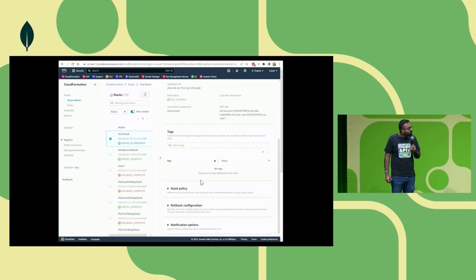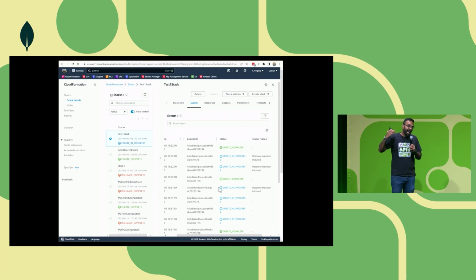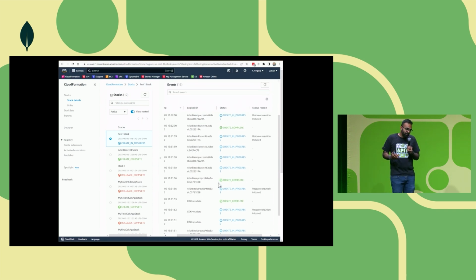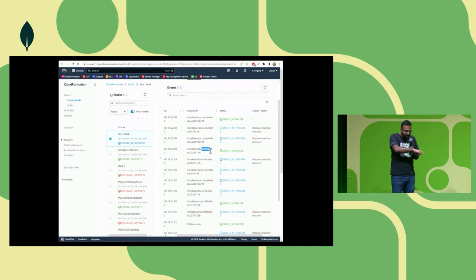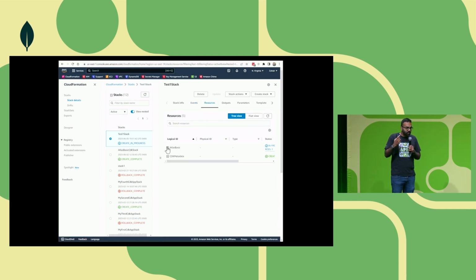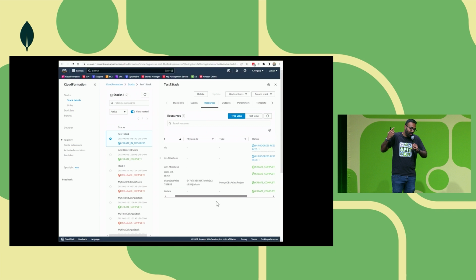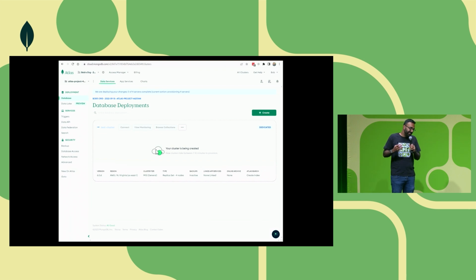And by going into the CloudFormation stack, we can actually see our events history of what is happening from our terminal command that we deployed. So remember those 4 resources? You'll see that those are actually being deployed or have been deployed right now. So you'll see the project, the IP access list, and the database user. By going into our resources tab, you'll see that the only one remaining is that Atlas cluster. The other 3 have been successfully deployed, which is awesome and really great to see. Just keep in mind that when deploying new Atlas clusters, we typically guide for like 7 to 10 minutes.